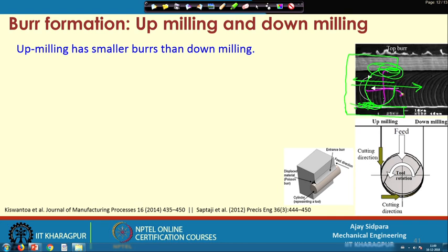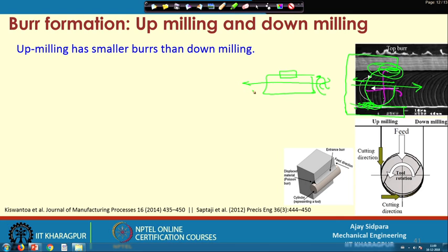So, this is one of the strategies by which you can reduce burr formation. If you want to cut one channel, you cut the channel in this direction, and this is your cutting tool direction. Now, let us take the same example here, and not change the rotation direction. See, this is the direction. It is moving in this direction, and that is the reason you will get more burr formation here and less burr formation on this side.